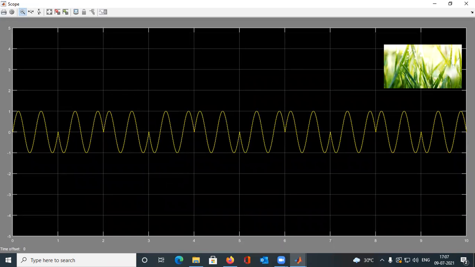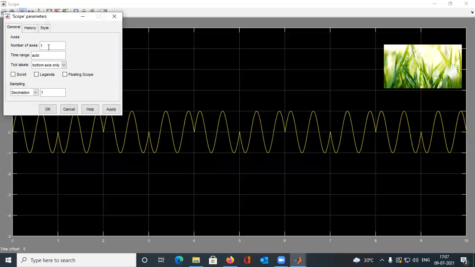But if we need to see both the input and output, then what do we have to do? For seeing both input and output, we can do two things. First of all, if we want to see input and output in two different graphs, for that purpose, see, this is my scope parameter.